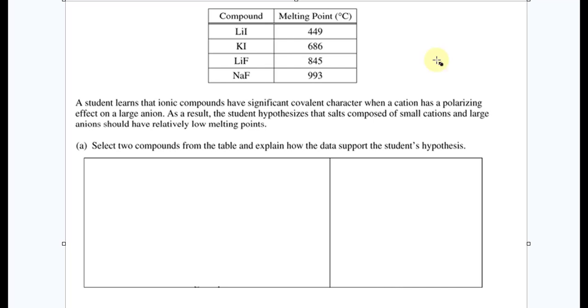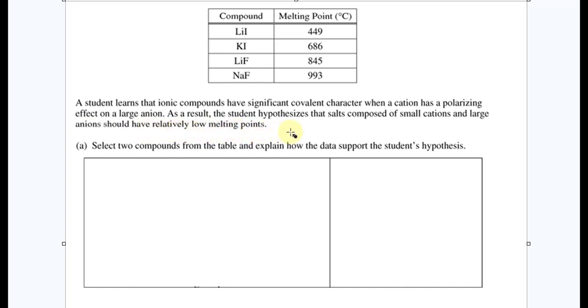We've got a table, that made sense, lithium iodide, potassium iodide, ionic compounds, and they've got their melting temperature. Now let's read the question. A student learns that ionic compounds have significant covalent character when a cation has a polarizing effect on a large anion. As a result, the student hypothesizes that salts composed of small cations and large anions would have relatively low